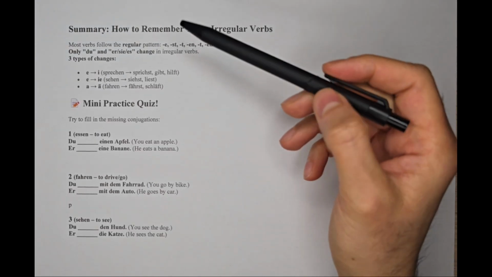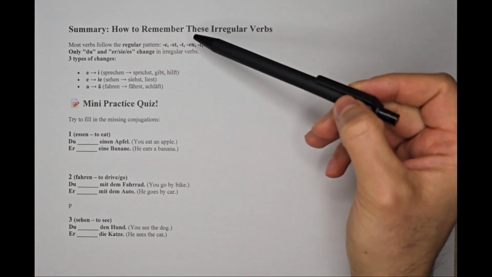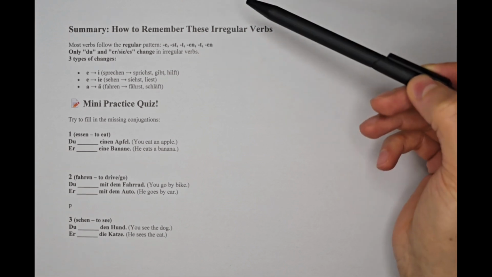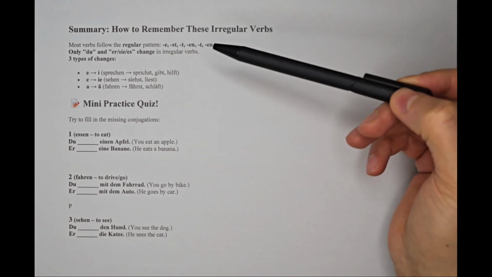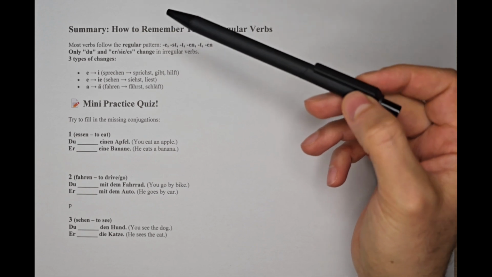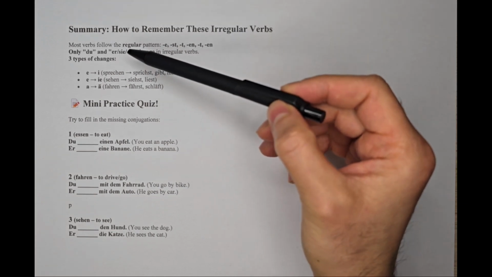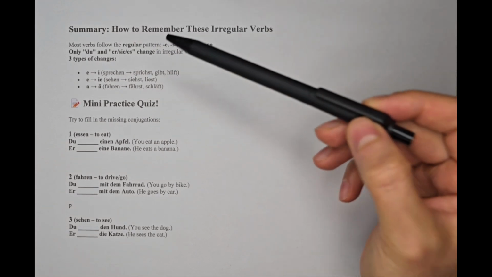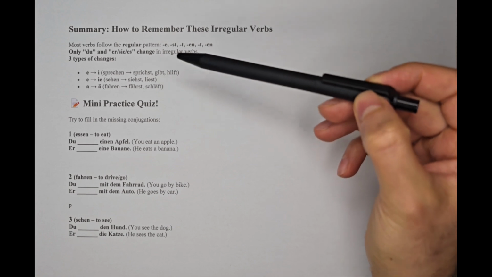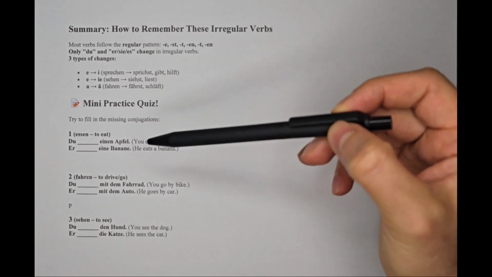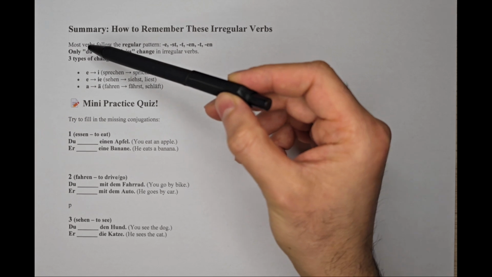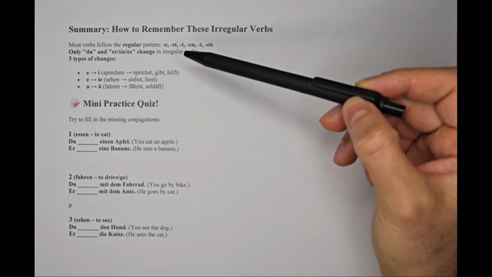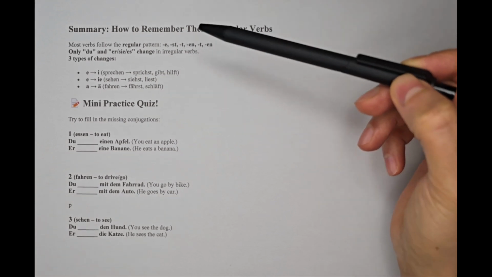In summary, as mentioned, most German verbs are regular verbs. That means they follow a similar pattern: e, st, t, en, t, en. This is added at the end of the verb stem. The verb stem stays the same. But the irregular verbs mainly are changing for du and er, sie, es. I'm mentioning the word mainly because some irregular verbs also change in the verb stem for ich, but most of them are only changing in case of the second person singular and in the third person singular. And that change I'm talking about is only for the present tense.